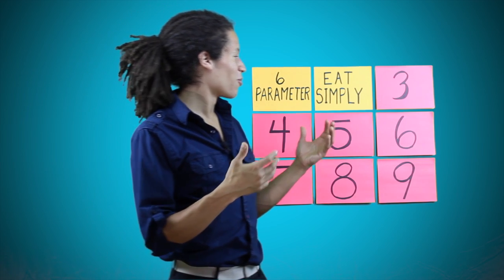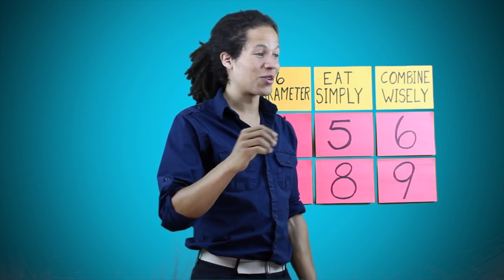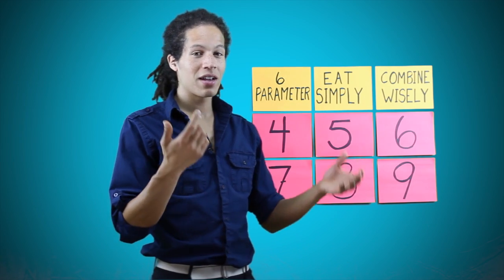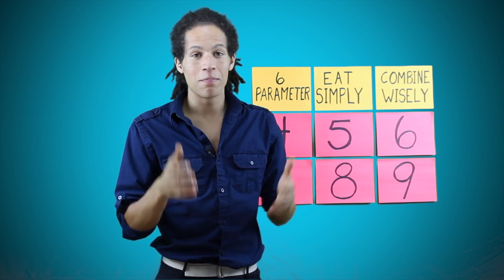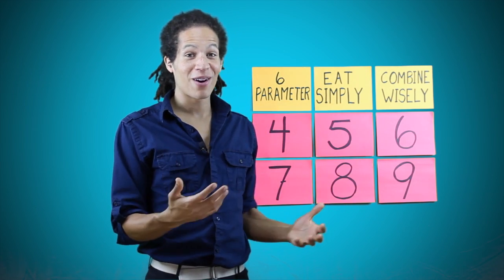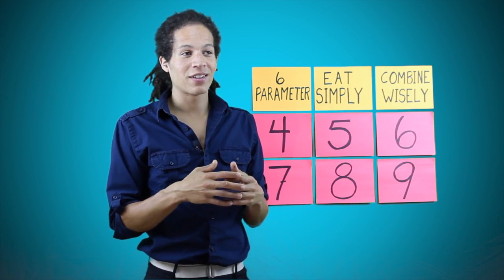Let's keep going with these rules and these guidelines and these tools. The third one we can apply is combining wisely. So we're eating more simply, and if we are going to combine, then we just want to be combining wisely. I didn't bring up the mono meal, the simplicity, to put a restriction on you or to smash your parade. We can still party. We can still have a lot of fun and combine our foods into fantastic arrays, just doing it